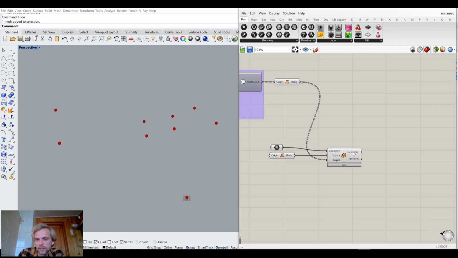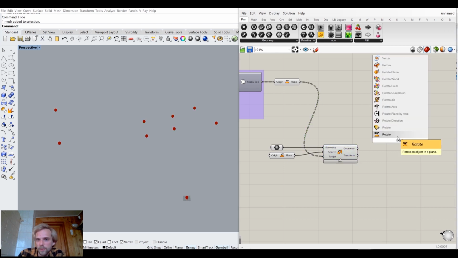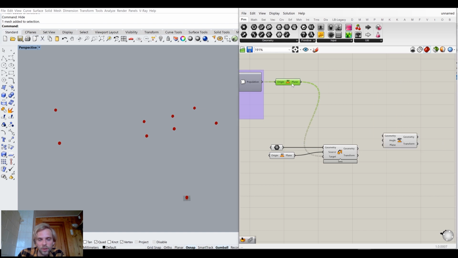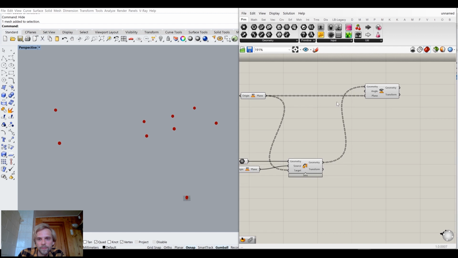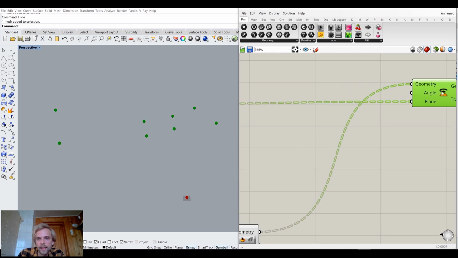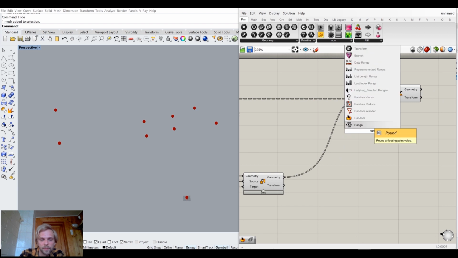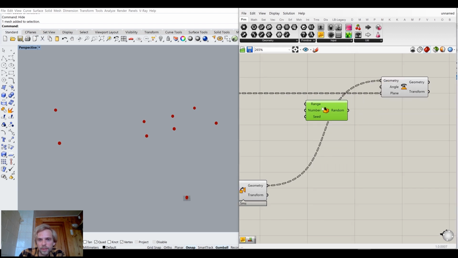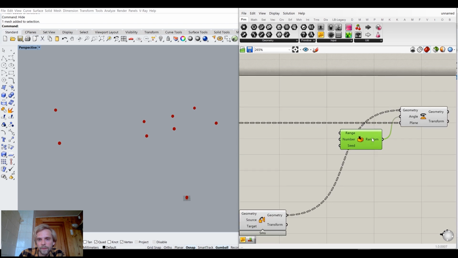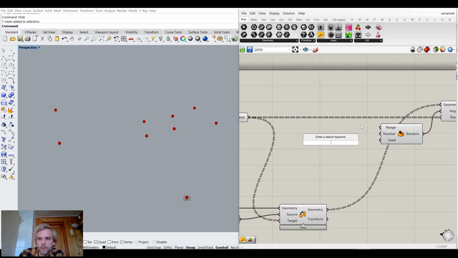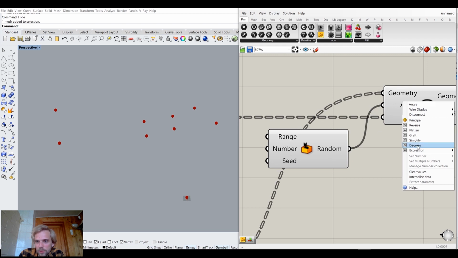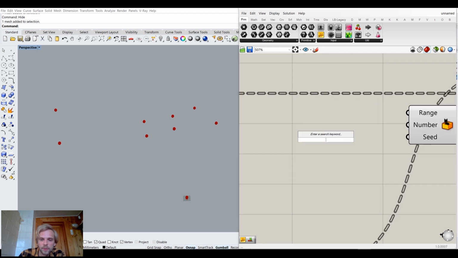I can do that easily because now I have all of these mushrooms here, so I can rotate them in a plane. So because we have all of the planes here, so that's my mushrooms, that's my plane, like that. And I'll just say that the angle is a bunch of random values, right? Ranging between, well, I need to right click on the angle input and choose degrees, and the range is between 0 to